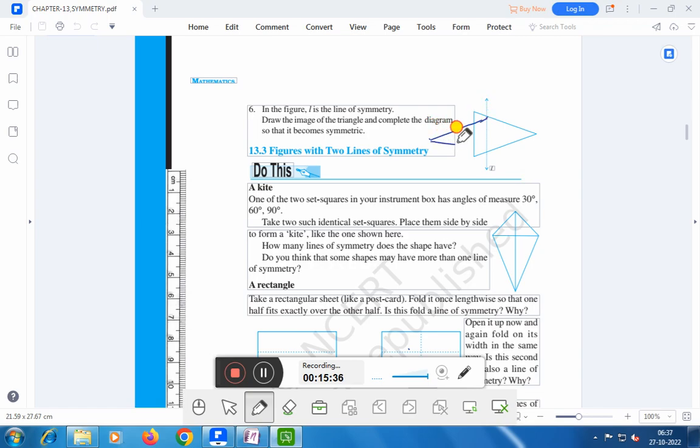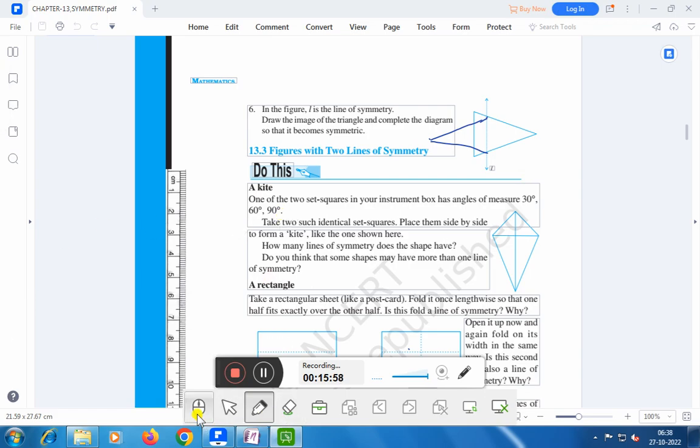Right? Here you see that the two triangles are nearly the same. It is the line of symmetry, right? Line of symmetry, and this line of symmetry divides the figure into two equal halves. Right? Now, this is the solution of question number